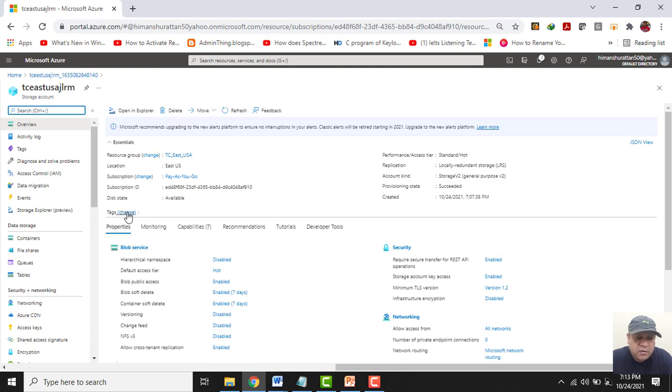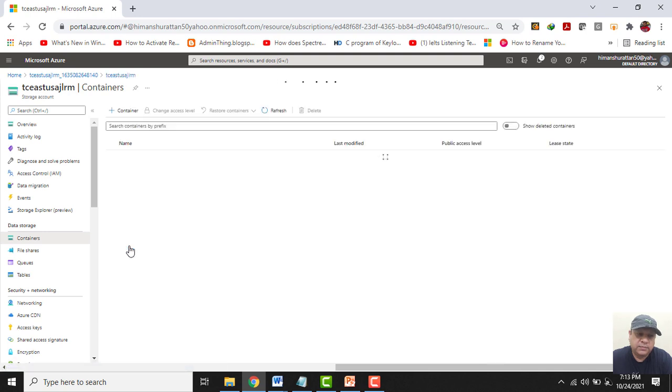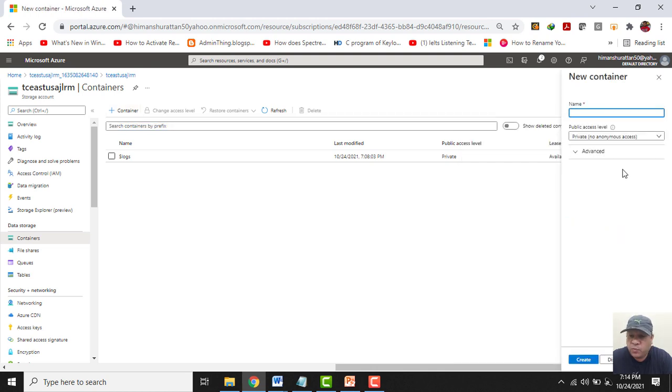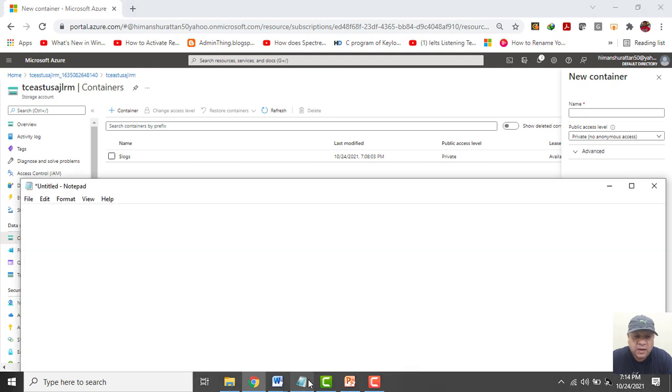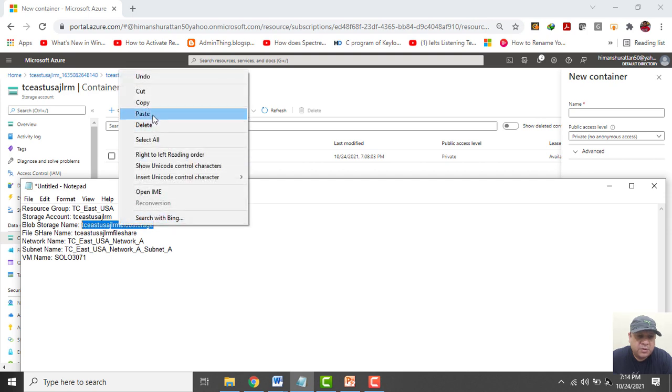So now let's click on blob service and see what we get. Basically, blob is a kind of container. So let me click on plus container option and quickly create one container. I will give this the name TC East USA GRS blob storage.